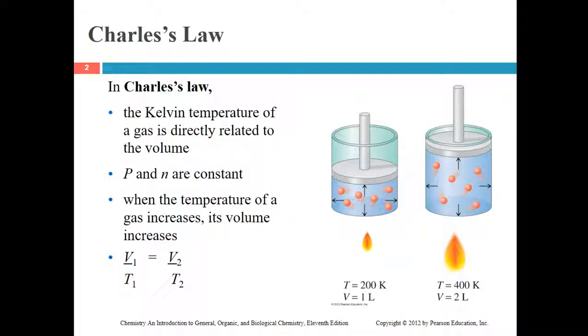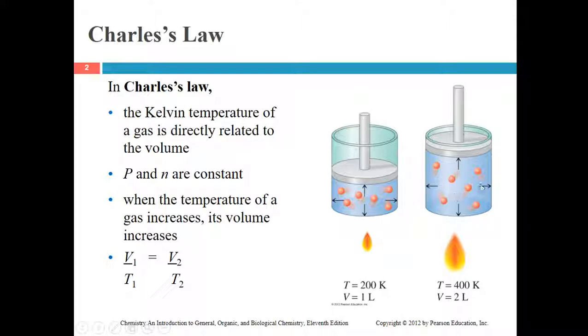In Charles's law, the Kelvin temperature of a gas is directly related to the volume. We're assuming this is when pressure and the amount of moles are constant. Now, when the temperature of gas increases, its volume increases. So you will notice here on this cylinder with this piston that can move back and forth if needed. Okay, if we keep the pressure the same here, and if our temperature is 200 Kelvin, the volume is 1 liter. But if we increase the temperature